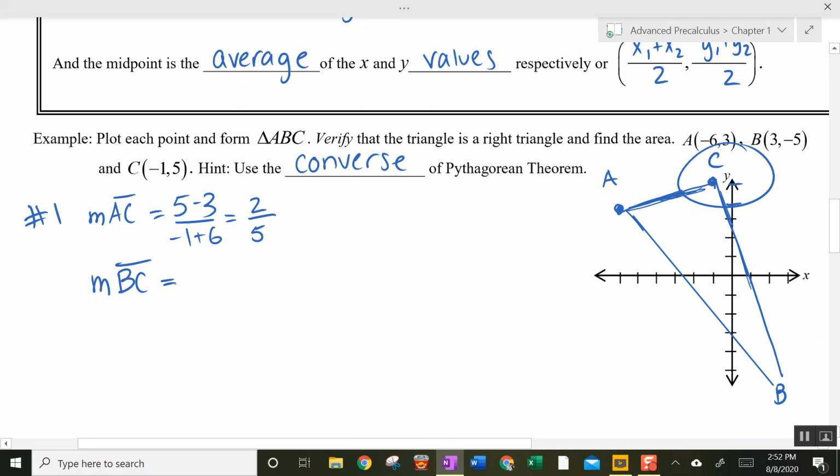The slope of segment BC, difference in your y coordinates, 5 minus -5 or 5 plus 5. Difference in your x coordinates, -1 minus 3. So we get 10 over -4 or -5/2. Looking at these two slopes right here, because they are opposite reciprocals,